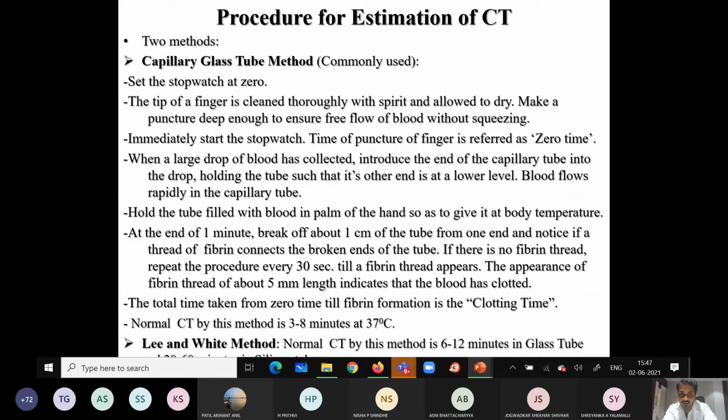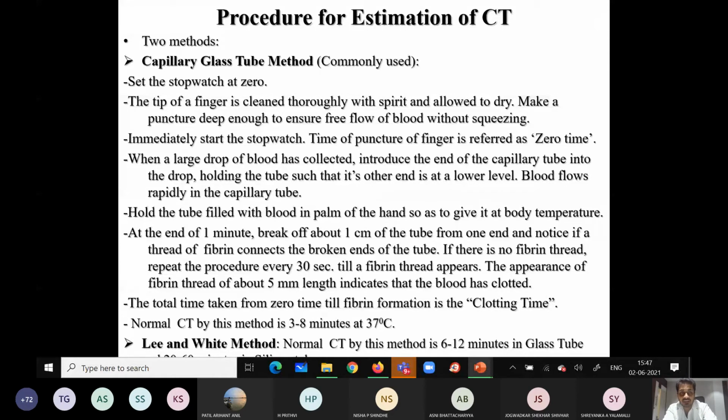So here also always remember, if I am asking you in the exam to tell me the normal clotting time, and you are saying 3 to 8 minutes, now it is my wish whether I should give you marks or not, because you haven't mentioned the procedure. I haven't asked you the normal values of clotting time by capillary glass tube method. If the examiner is asking you specifically the clotting time by capillary glass tube method, then you should tell it is 3 to 8 minutes in capillary glass tube method. Otherwise